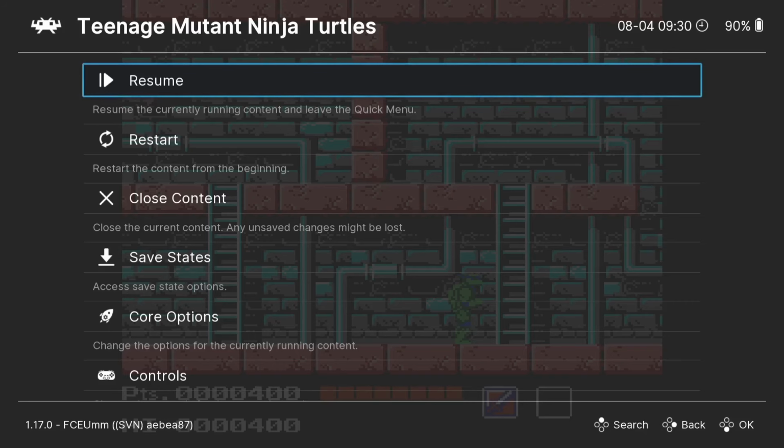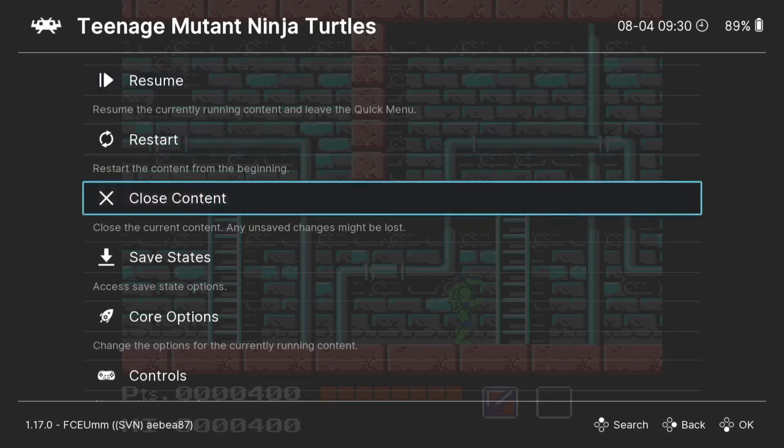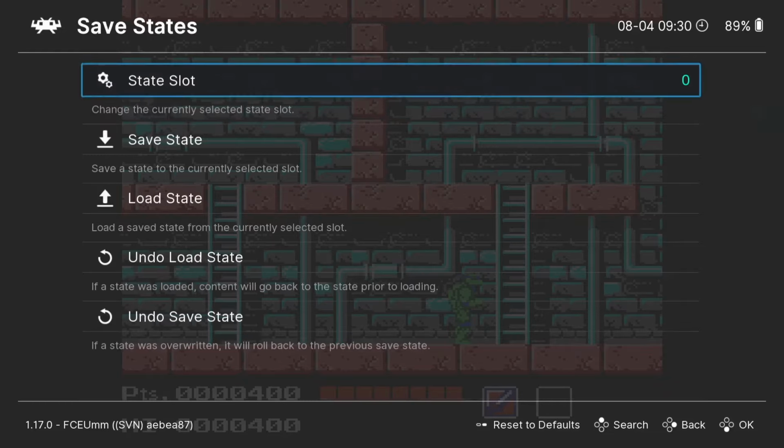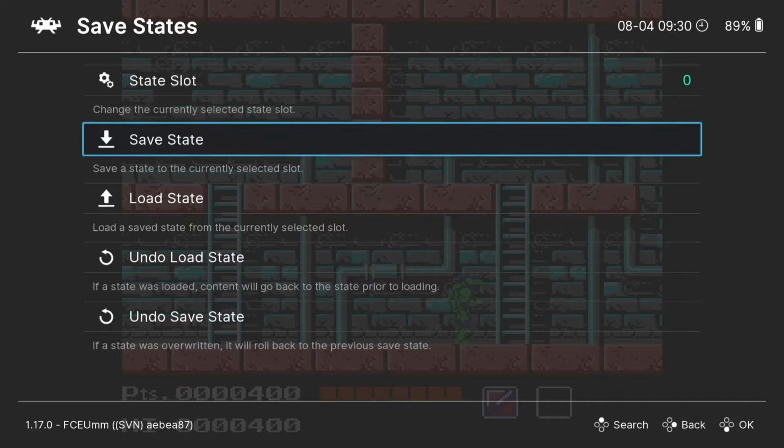Okay then, what we're going to do is save the state. So I'm going to save the gameplay from right here. If I go to the Retroarch quick menu, save state. If I go to state slot, I've got 1,000 different slots that I can save to. I'm going to use auto, which is going to automatically select 0 just here. If I go to save state and press A,